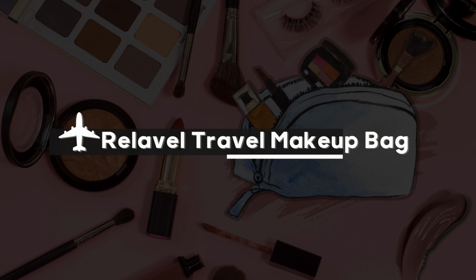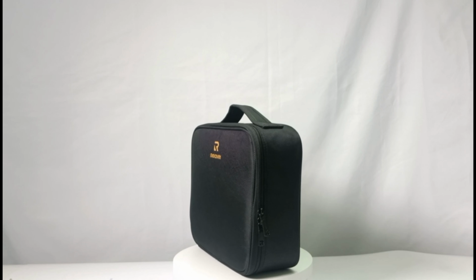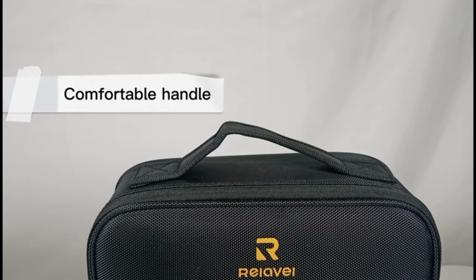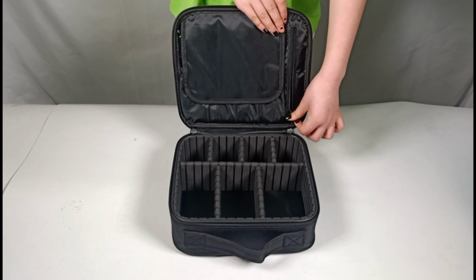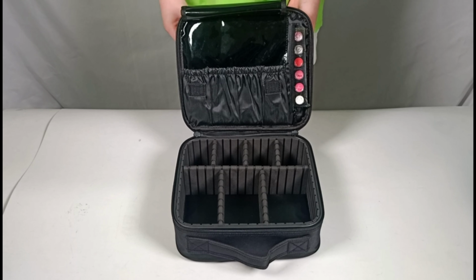Finally, the 5th bag on my list is this amazing makeup bag made of high-quality Oxford fabric and nylon lining. It has plenty of storage space for all your makeup and cosmetic accessories, as well as other items like jewelry, electronics, camera, etc. It also has adjustable compartments and makeup brushes slots, so you can organize your makeup tools as